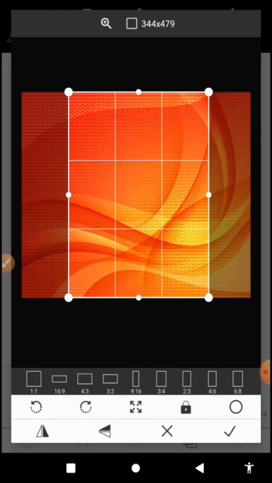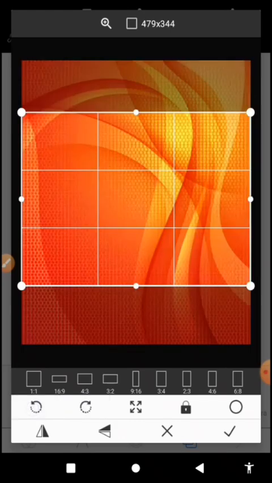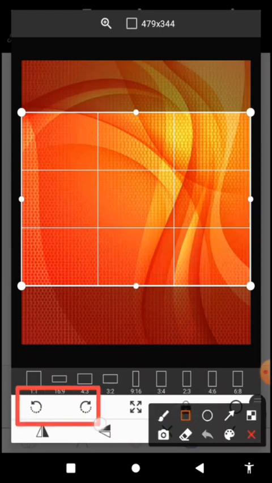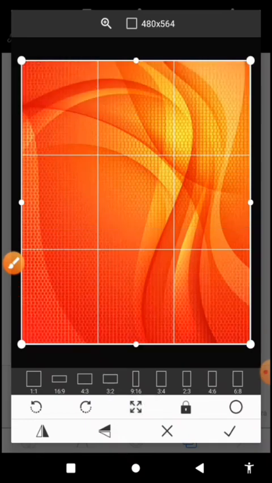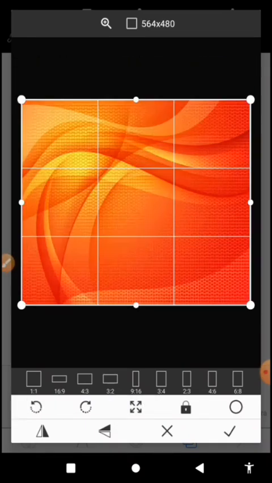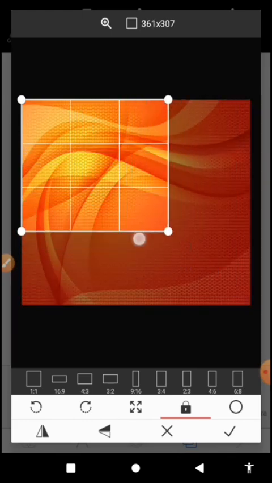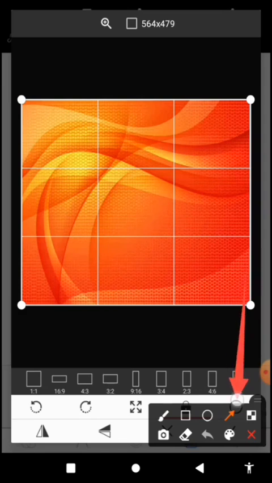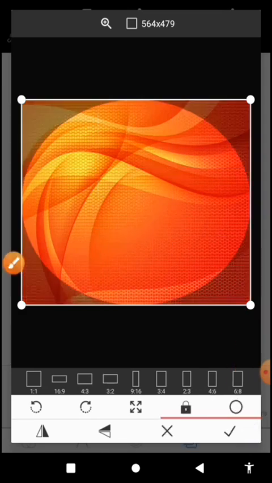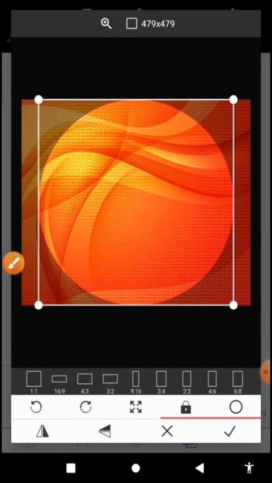And also this one to rotate the tools here, to rotate your background, to rotate your image, and this one to set the image to full size. This one to lock the sides so that I can move them. You can only move it, you can only scale it, you can't crop it. And this last one to set it to crop it into a circle. So we have a circle image here. So let us use 1 ratio 1 for a perfect